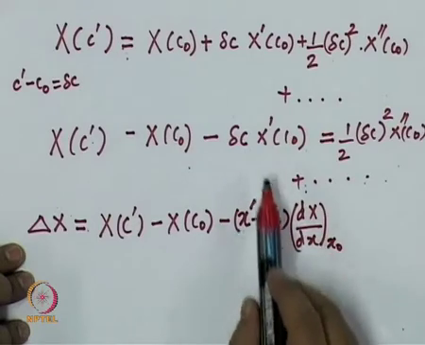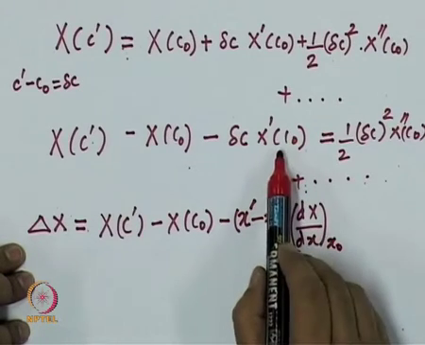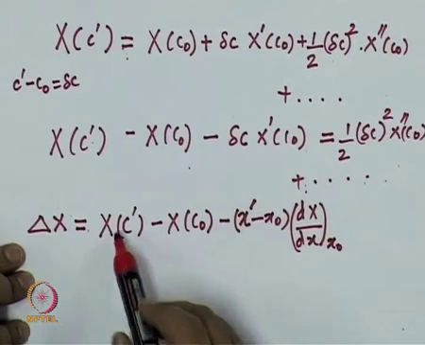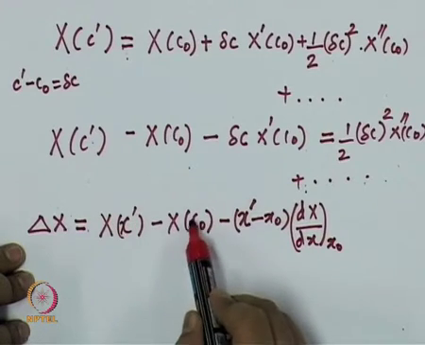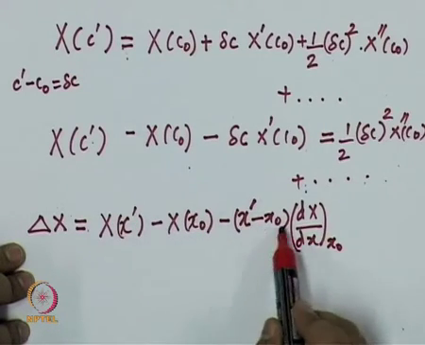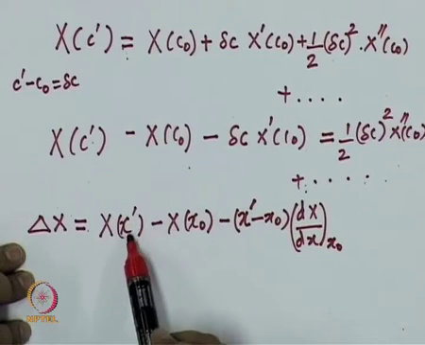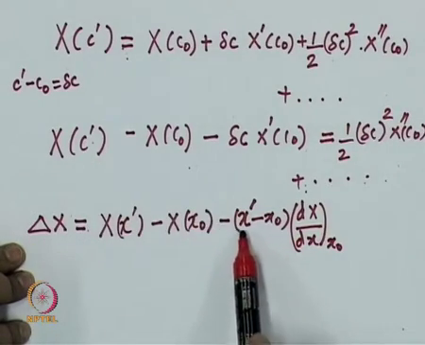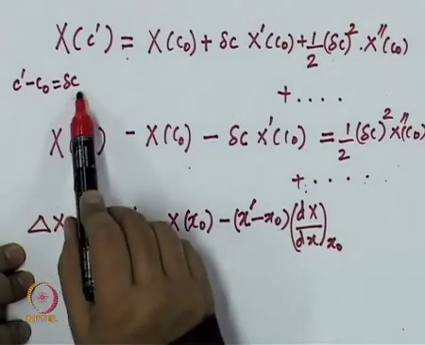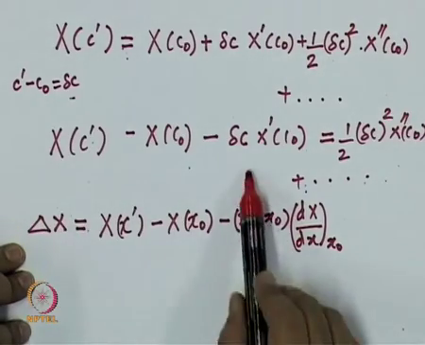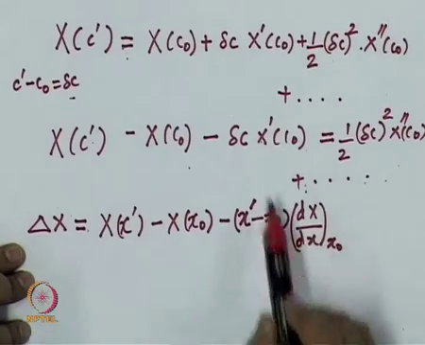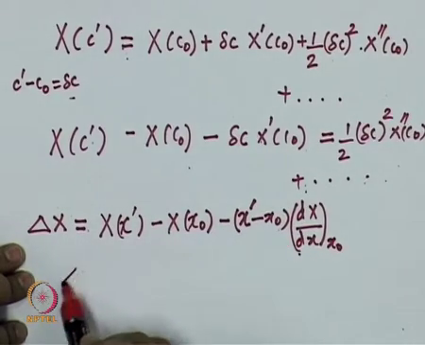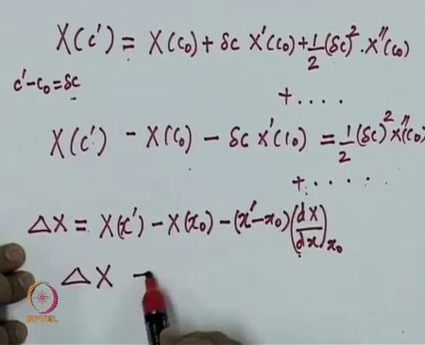Okay, so compare these two. What is x naught here is C naught here. So this was at x naught, x prime, x prime minus x naught. Whatever x prime and x naught, I have called C prime and C naught, and x prime minus x naught is nothing but delta C. So if you compare these two expressions, you see that the change in the property